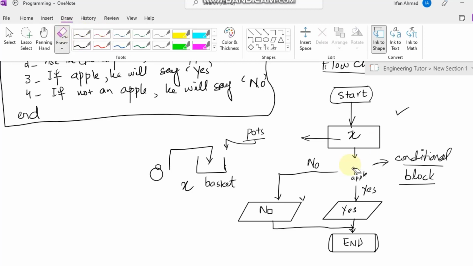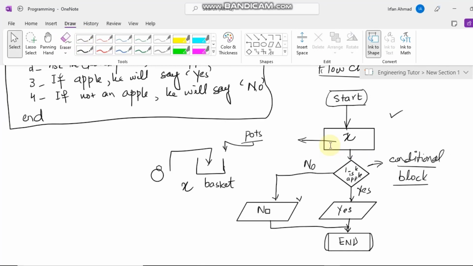Let me write here. So writing here, X equals to an apple. Okay, we can again use all things here. So here, let us